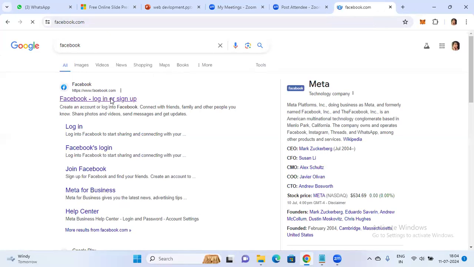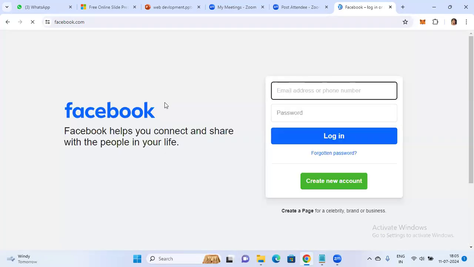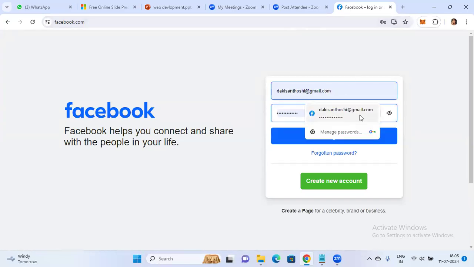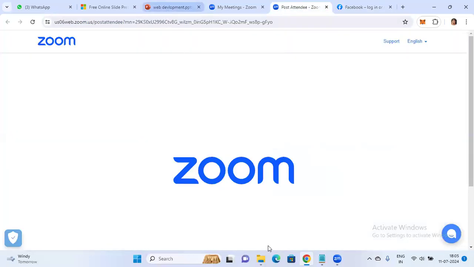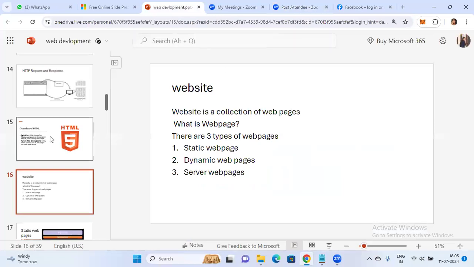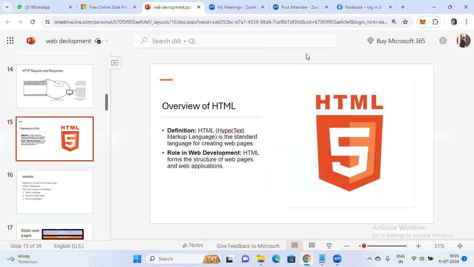If I click on this, this is the Facebook sign-in page, where you have to enter your details like email ID and password, then click on sign in or login. This page is made with HTML. By using HTML, you can create websites. You got my point, right?